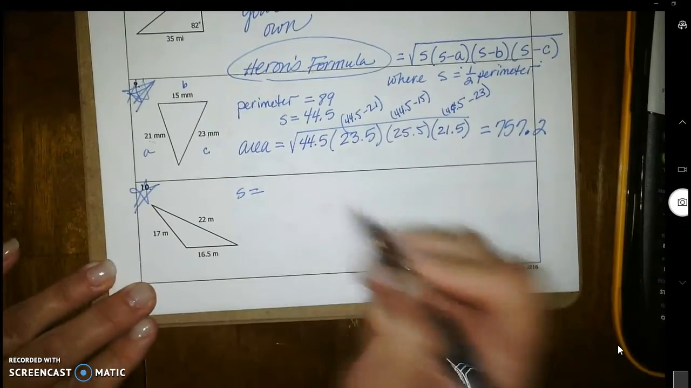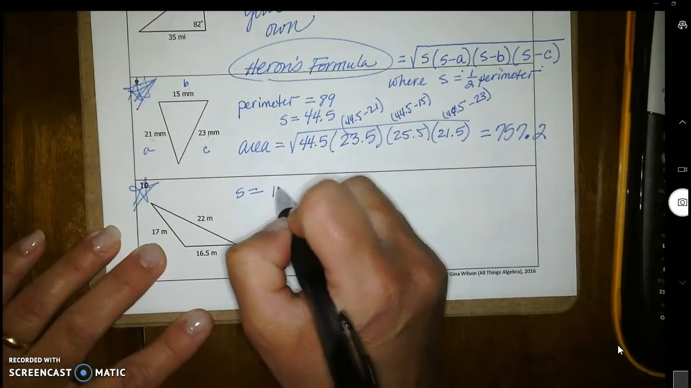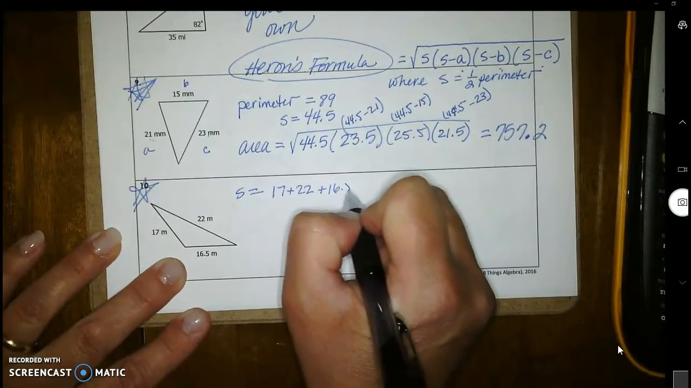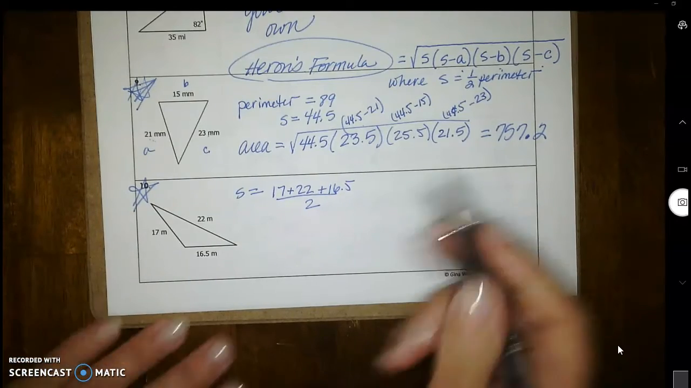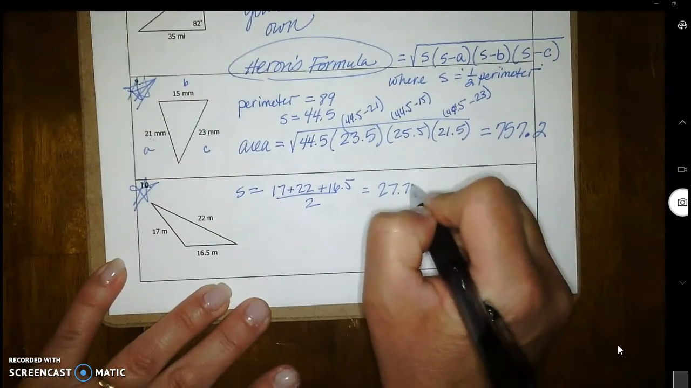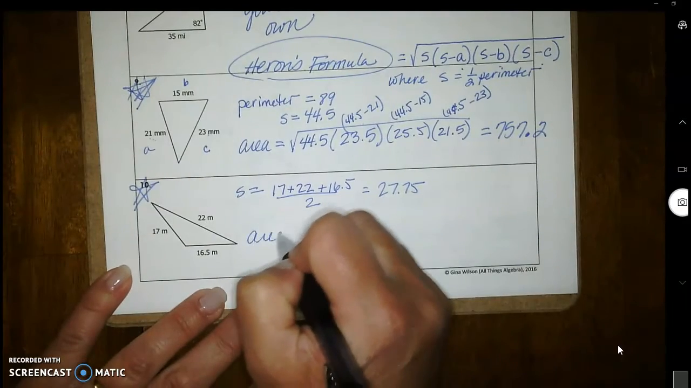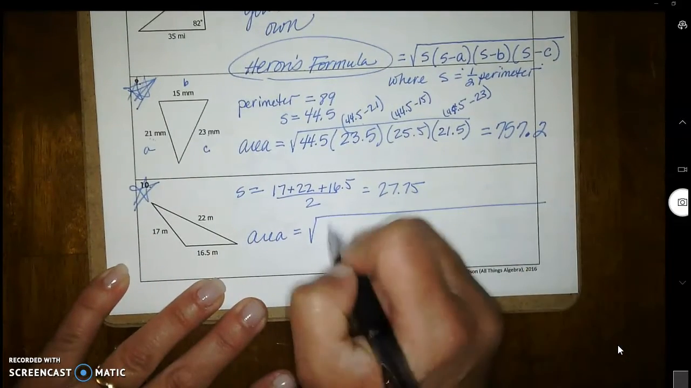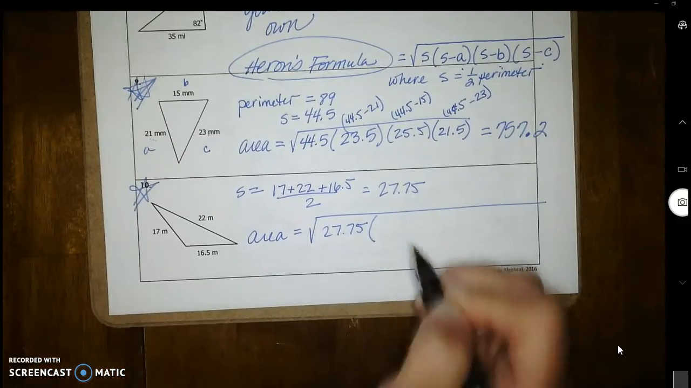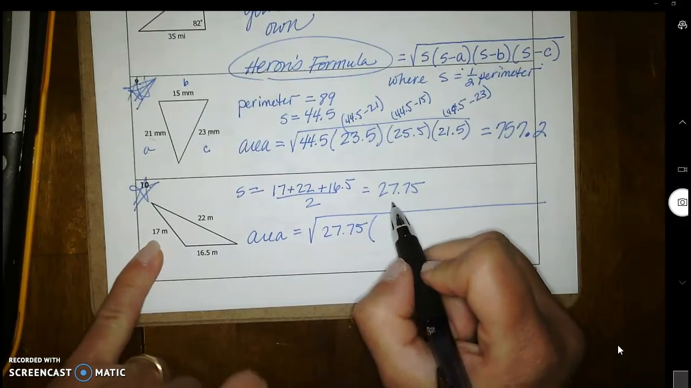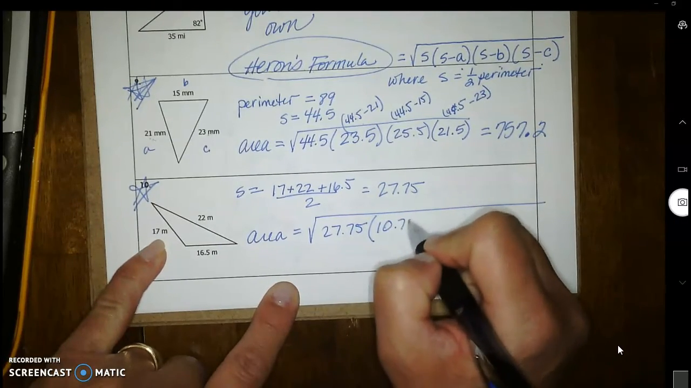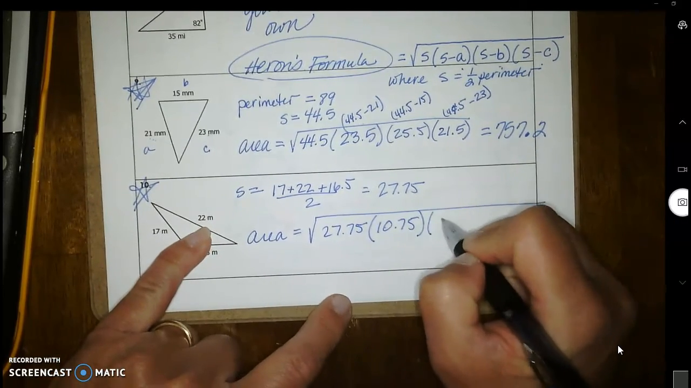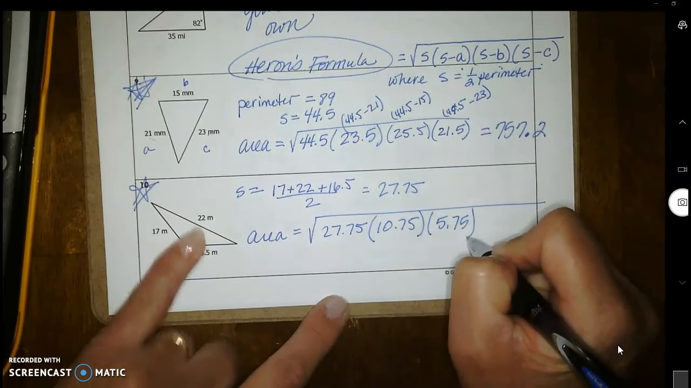All right, we're going to do the same thing with number 10. Let's go find S. So S is going to be 17 plus 22 plus 16.5 divided by 2, which should give you an answer of 27.75. And let's go plug it all in. So the area is going to be 27.75 times, I'm telling you, sound effects help. 27.75 minus 17 is going to be 10.75. 27.75 minus 22 is going to be 5.75. And then 27.75 minus